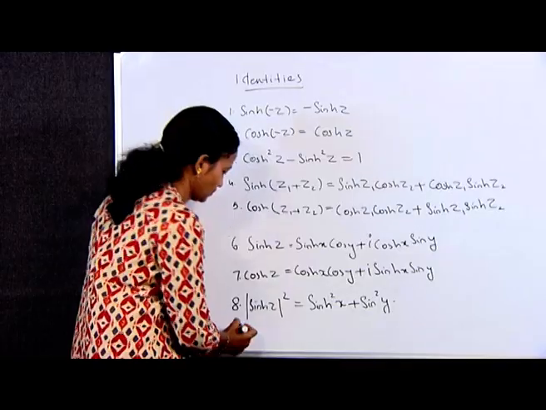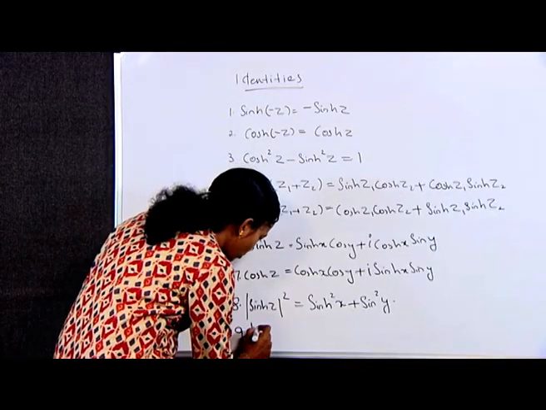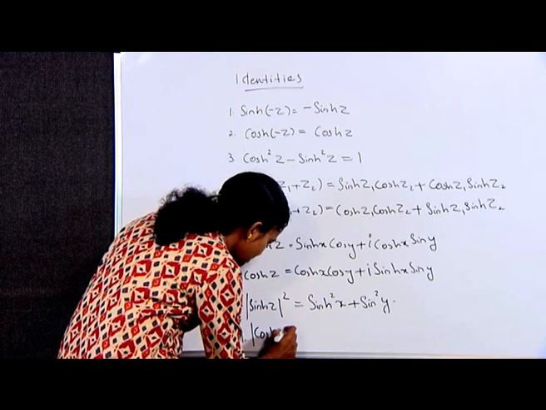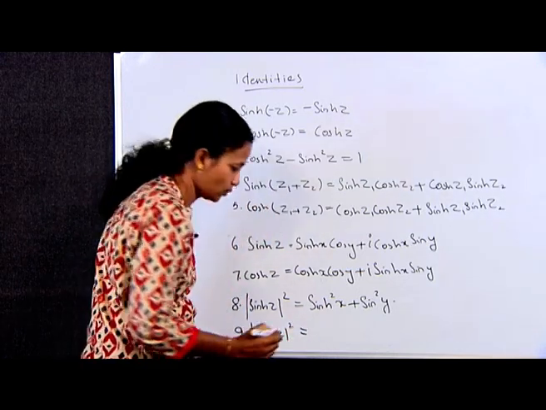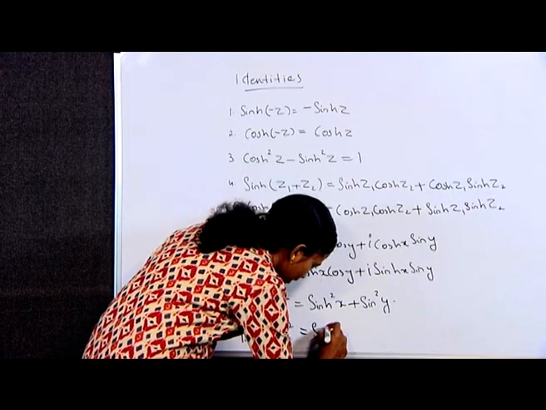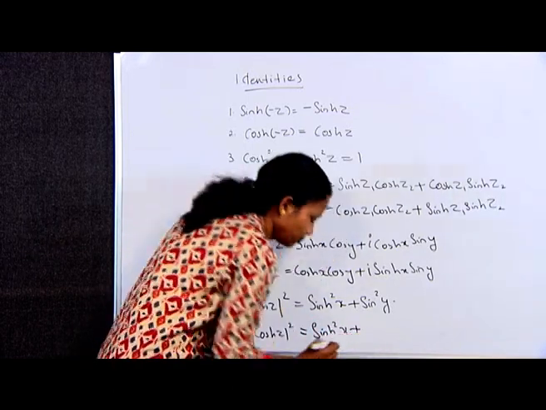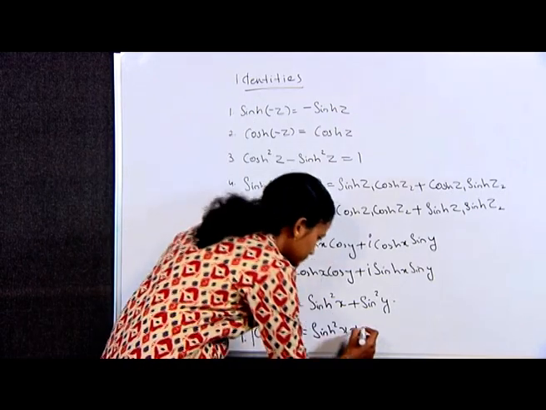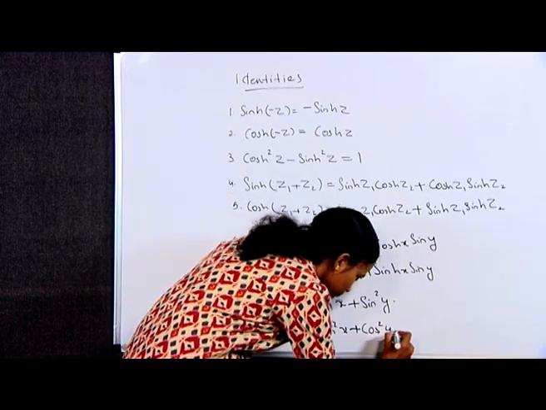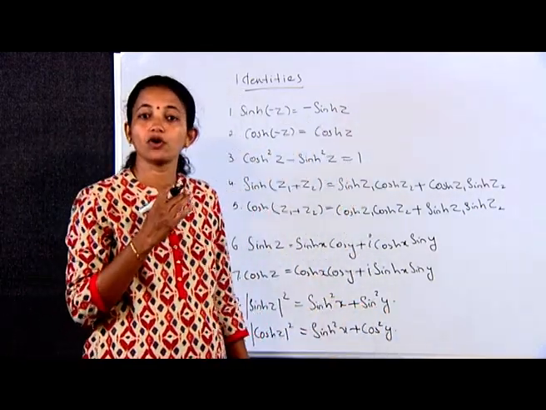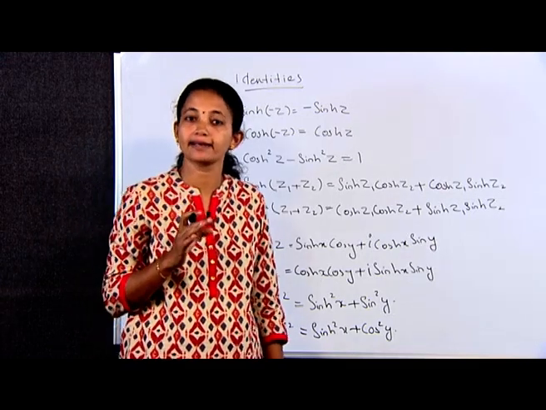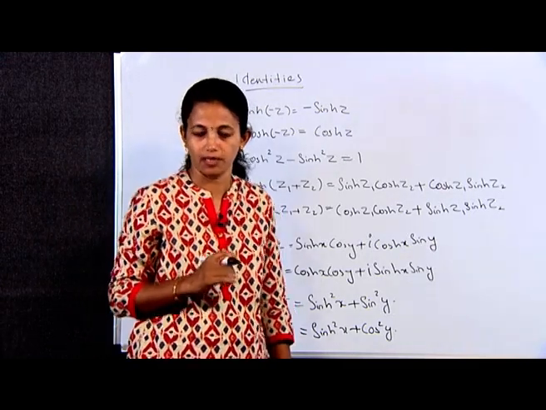Next, ninth one, we have mod cosh z whole square, which is equal to sinh square x plus cos square y. Proof of all the above results follow directly from definition 1. For example,